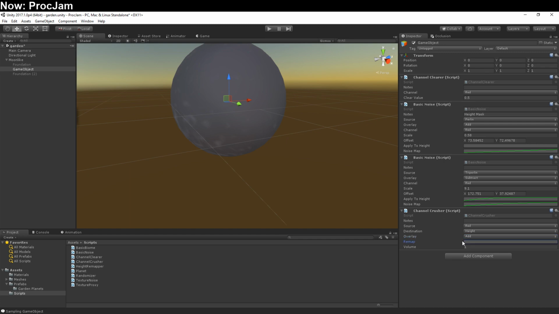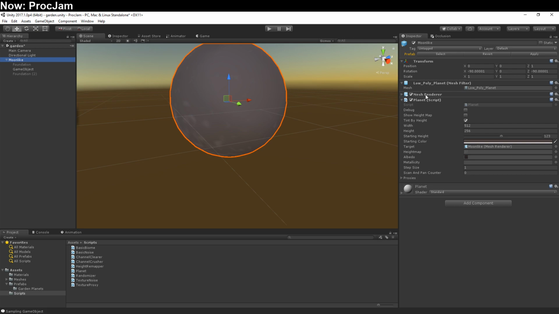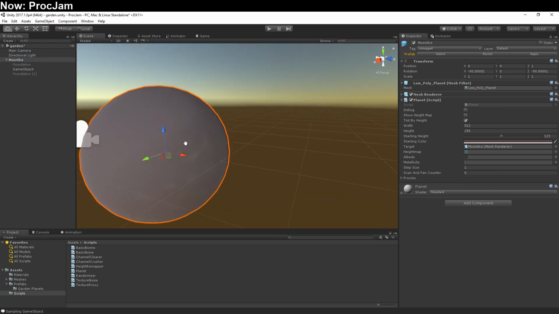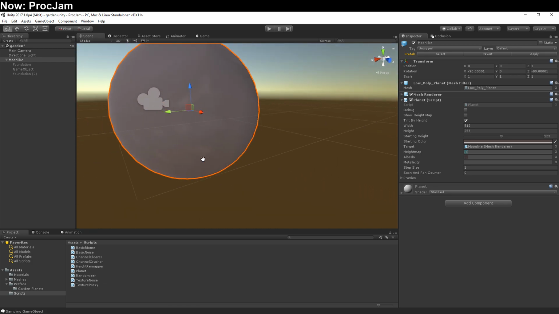When we do that, we're going to want to remap it because right now we're based around 0.5, right? If we just add this straight out, we're going to end up creating quite a radical difference in our height. So we're going to use this slope. Oh, no, sorry, this slope, but we're also going to max it out at like 0.5. And here you can see that effect. You almost can't see it just because it is